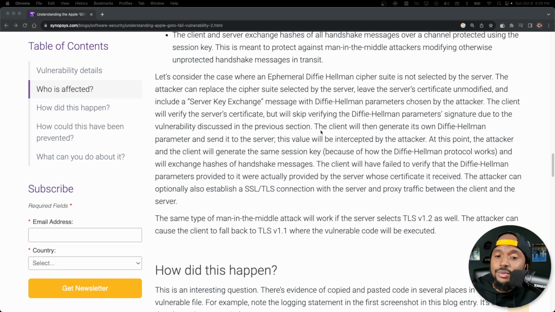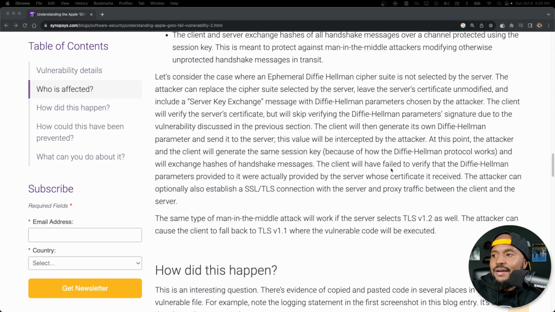So I'll say this: in order to make use of this vulnerability, you have to really know what you're doing. First you have to figure out there's an actual vulnerability, and then you have to take advantage of it and know how to take advantage of it. I'm not sure how many people can do that, but I'm sure there are quite a few. All right, so it says